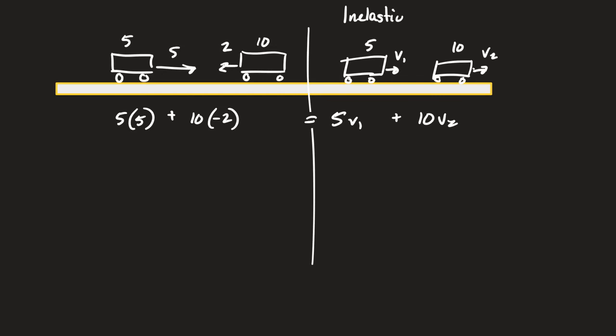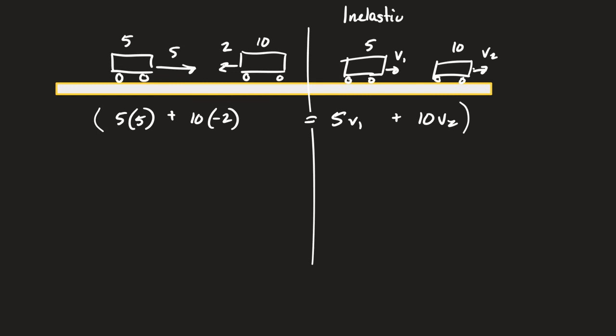That's all I can state if they don't stick together, that they will have some velocities. You'll notice you can't solve that for anything. I generated one relationship, but 2 unknowns,